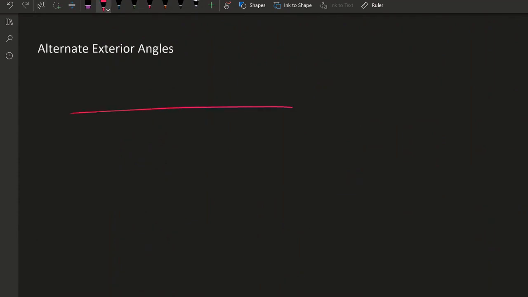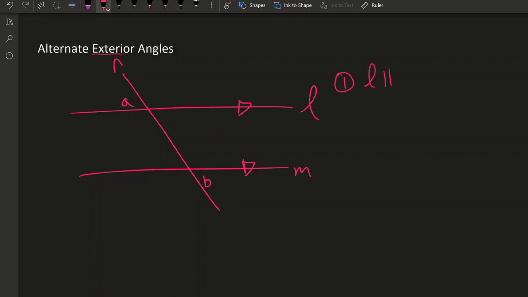Okay, alternate exterior angles. Same picture. Starting off with them being parallel. Same thing as alternate interior, but this time they're exterior, so they're on the outside of the parallel lines. So this would be A here and B here. But I would say, starting off, if L is parallel to M, that's given, then A must be equal to B because of alternate